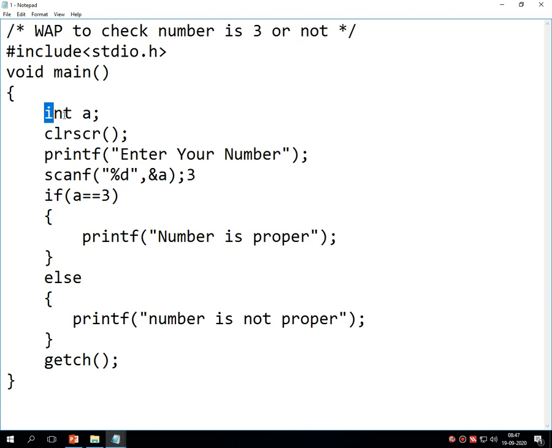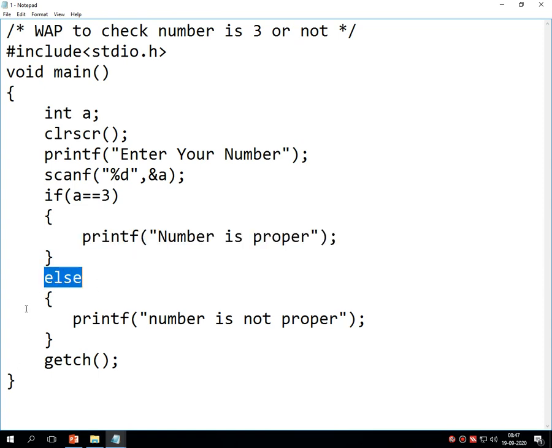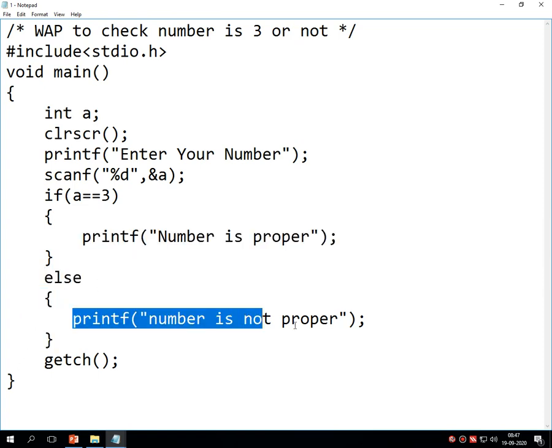Then the variables are int a, clrscr, printf enter your number, scanf %d and &a. Then if a double equals to 3, opening bracket, if the condition is true, then it will print number is proper, else it prints number is not proper.